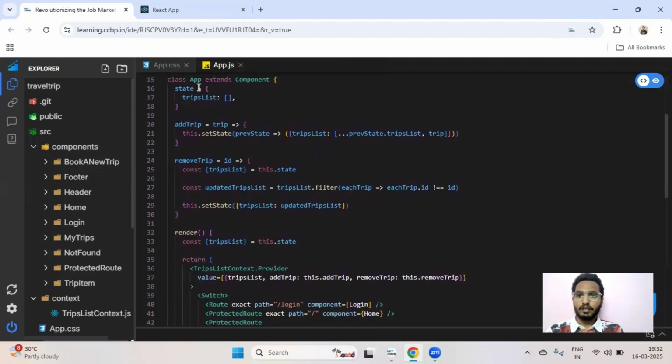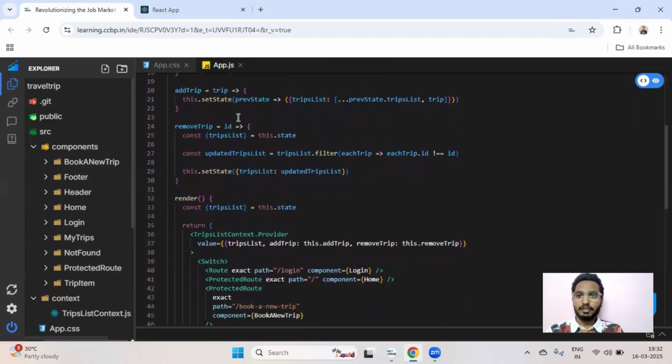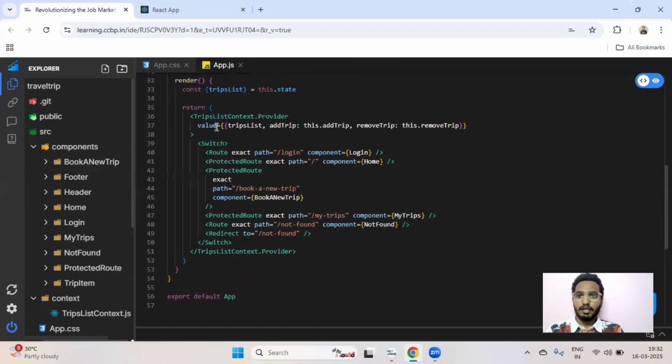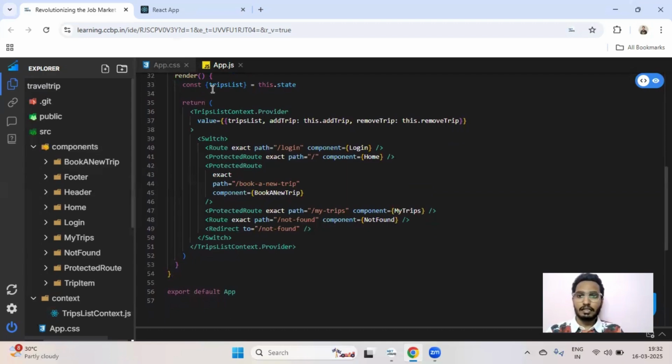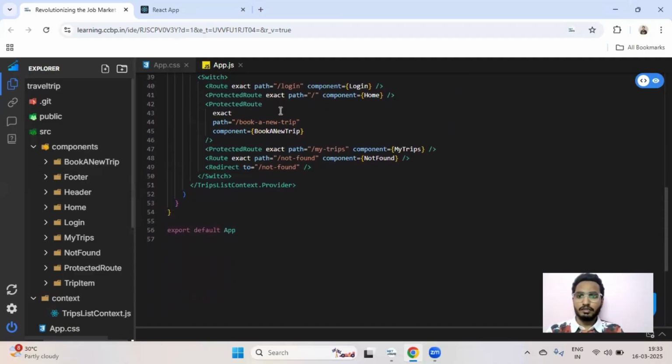so here we are having this app component. Here we are having state and this add trip, remove trip, and then here we are having the render method. We are accessing this trips list from the state, and we are returning this JSX code. So here we are having TripsListContext.Provider. This provider component is used to update the context value. So here we are having this context and then add trip method, remove trip method, and here we are having